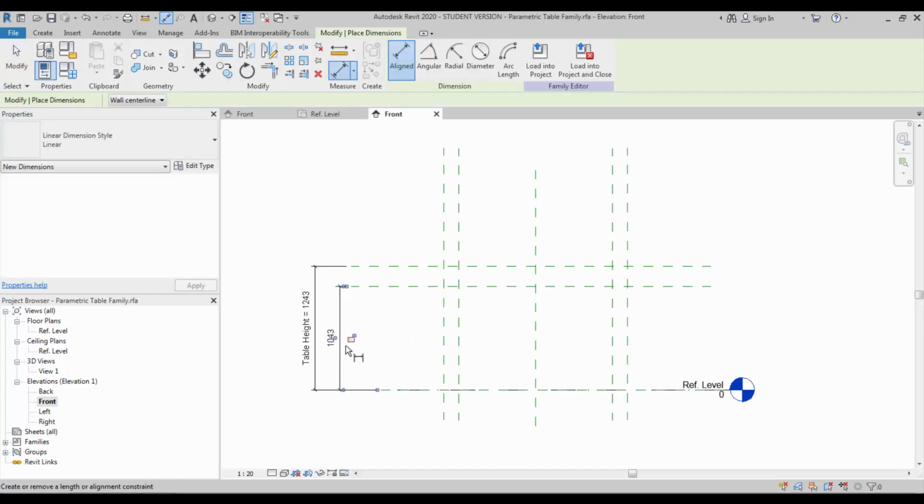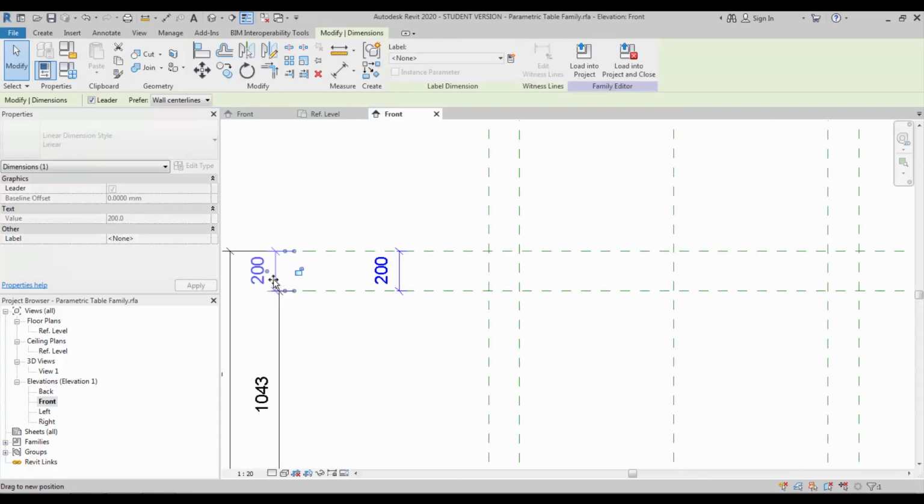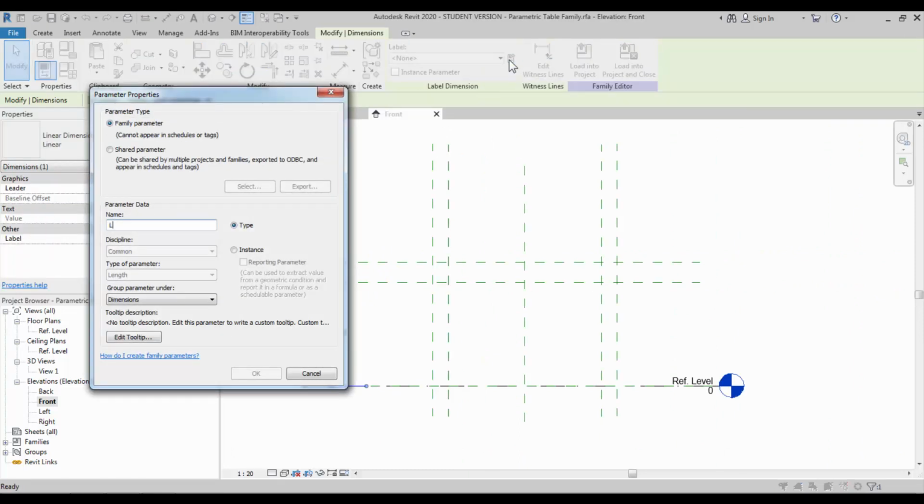Create another dimension for the bottom, which is the leg height. The other one is for the thickness of the table top. Create the dimension parameter which is leg height. Click OK.